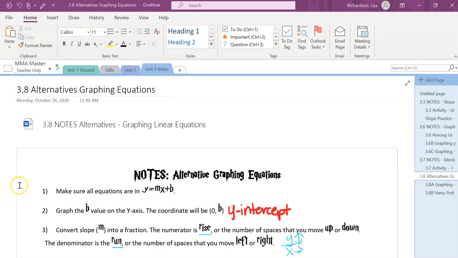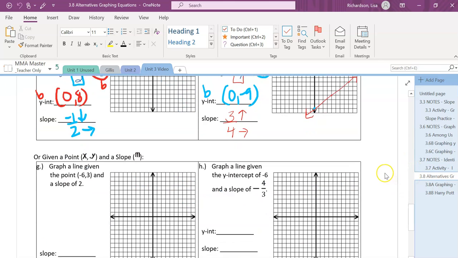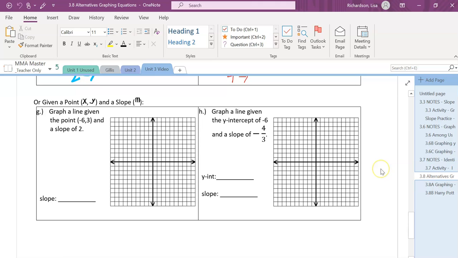Continuation of the 3.8 notes. Specifically, we're going to do the last two examples on the 3.8 notes. I'm going to scroll down. It seems to have frozen a little bit. There we go. So we did all of those in the part 1 video. So this is the part 2 video where we're going to do the last two examples leading directly to your